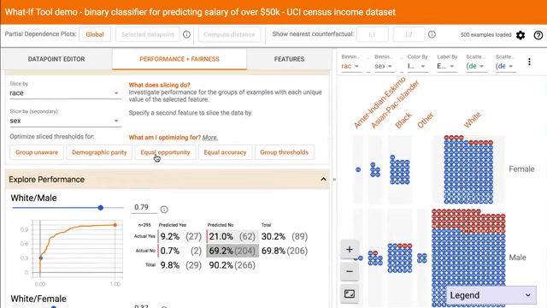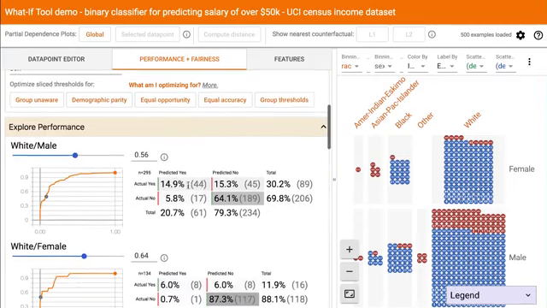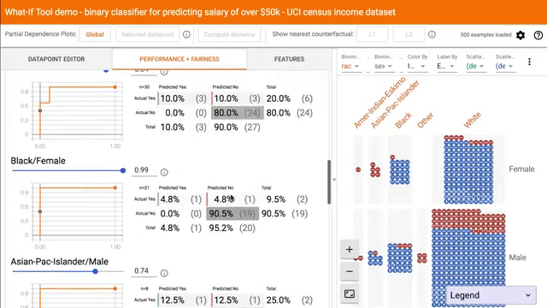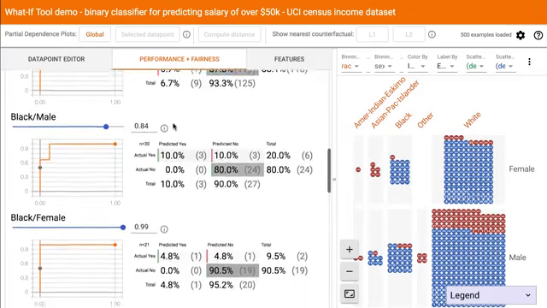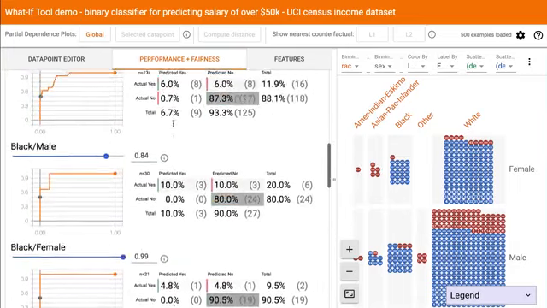If we choose equal opportunity, which as you recall equalizes the true positive rates across groups, now we're concerned with the ratio of this box here to this entire row. And you'll notice it's about 50% in all cases. However, the accuracy of the model in some subgroups has gone down substantially. And from a fairness perspective, the percentage of the time that the model says yes still varies between subgroups.